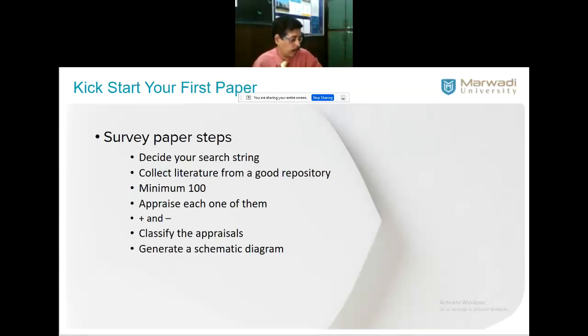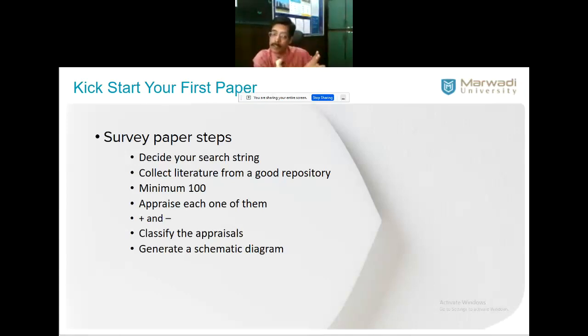So, certain tips for people on how to kickstart your first paper. This is applicable only to those of you who have not done even a single research paper. So, I want to gain your focus. I have not done any single research paper, what to do? You can easily publish a survey. And the advantage of a survey is that you are learning to publish a paper for the first time.